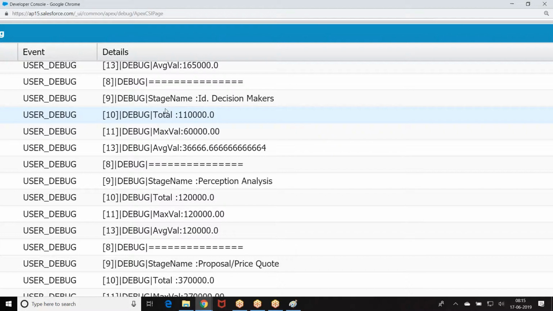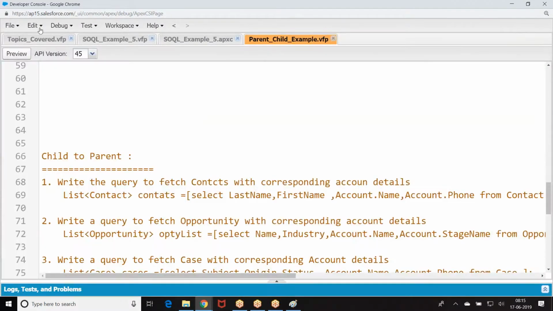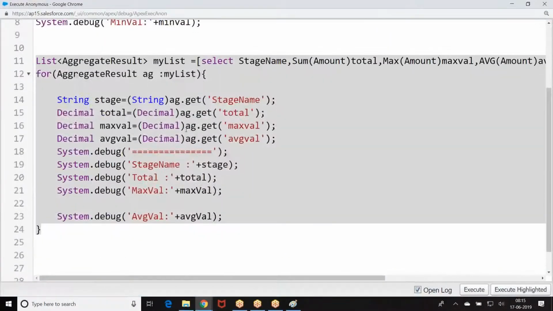So what is the purpose of the aggregate function? They want to group the data based on a particular field and give it. Aggregate functions are used to summarize the values like sum, min, max, average. Now, how do they apply the count?